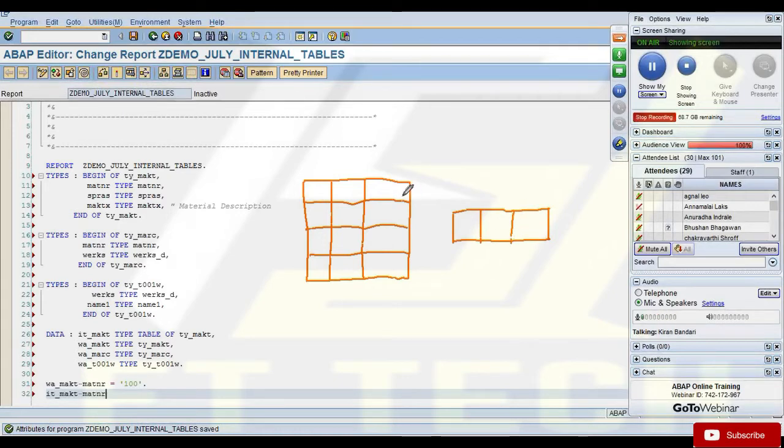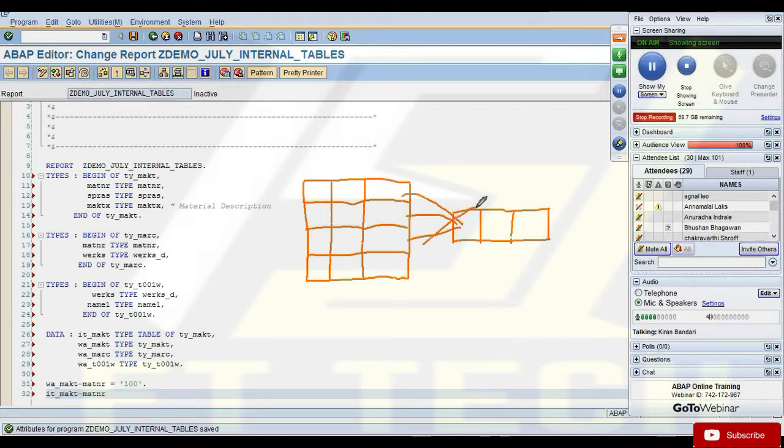And then you bring one record at a time to your work area and then process that. You cannot access the internal table directly. You need a work area. You always work with the data in a work area. So that's why we call it a work area. To process the data, you don't access the table directly, but you bring one record at a time to your work area and then process that data.